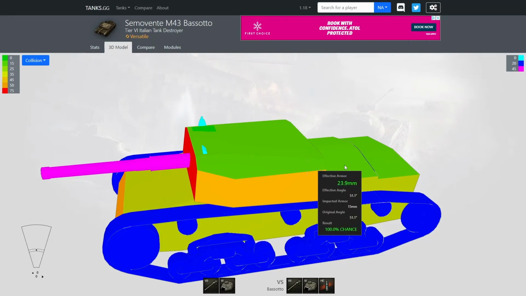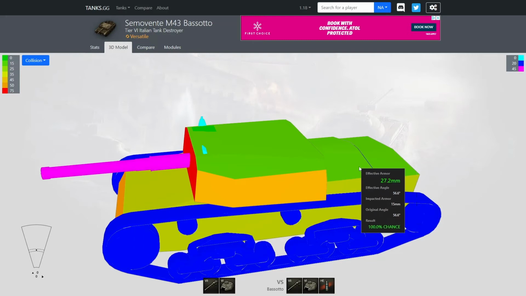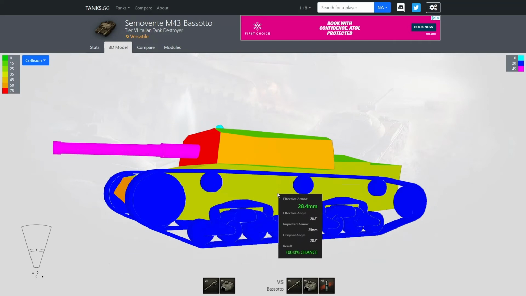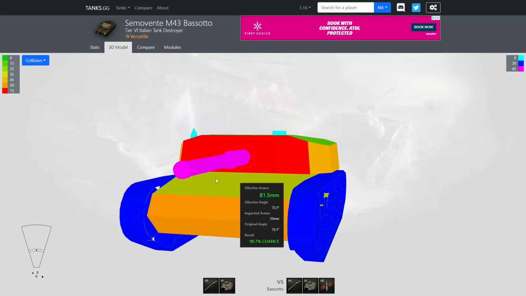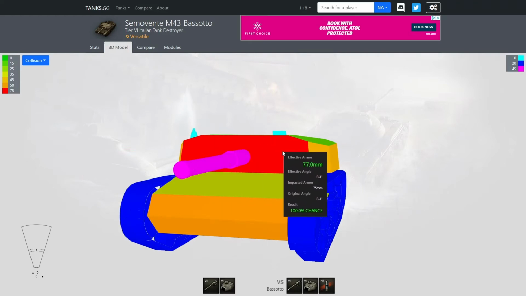You can actually pen the front plate, and you can pen the engine deck as well because it's only 25 millimeters here, 15 millimeters here, and 15 there. Sides of the vehicle are fairly easy to pen, 25 millimeters coming out at 28. Rear of the vehicle, 25 millimeters coming out about the same. So it's reasonably easy to pen it, but the frontal armor here is the part you shouldn't be aiming for